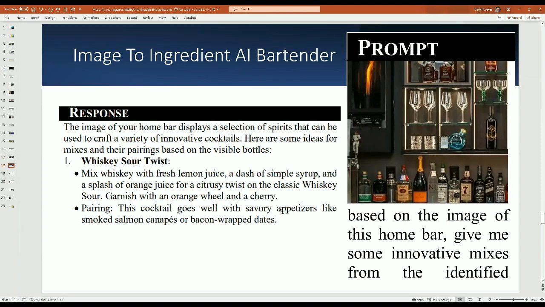I mentioned AI bartenders. It's pretty good at this, but you're asking almost as a detective. I will give you a picture of a bar, and you must identify what's in it, and then you must give me a new drinks recipe. So this is the prompt. You give it some steerable instructions, and it comes out with, in this case, a whiskey sour twist. Because of the memory and the context, you can continue to probe it to ask, where do you see certain ingredients in this picture? But again, you're essentially reverse engineering from an image to a recipe.